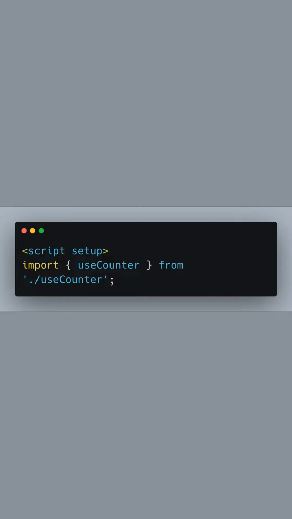Let's now see how to use it within a Vue component. Here we are in the script setup of a Vue component. We're importing the useCounter function from the file we just created. The script setup syntax is a syntactic sugar provided by Vue 3 that lets us use the composition API more